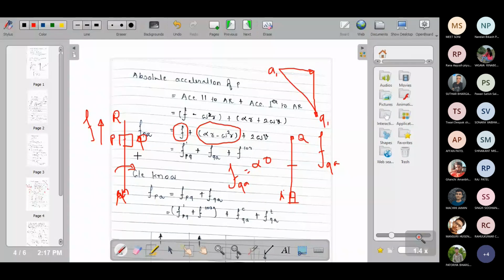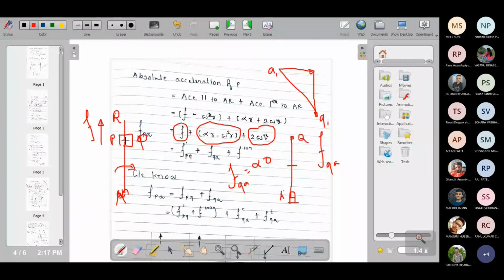Plus now your link is rotating also. The piston is moving upward and the link is rotating. So this piston has two motions: one is a rotating motion and the other is a linear motion. So that is why you need to consider the Coriolis component, which is 2 omega r. Now the magnitude you can find using this 2 omega r, and what about the direction?